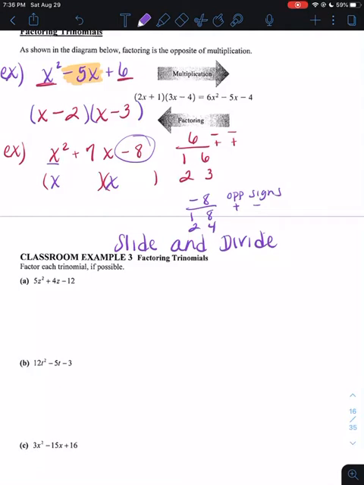So again, this is when that middle number comes into play. I'm looking for the pair that, when I add them together, and remember they have to have opposite signs, is going to give me a 7. So basically, you're pretty much subtracting. What two numbers, if I subtract them, can give me a 7,